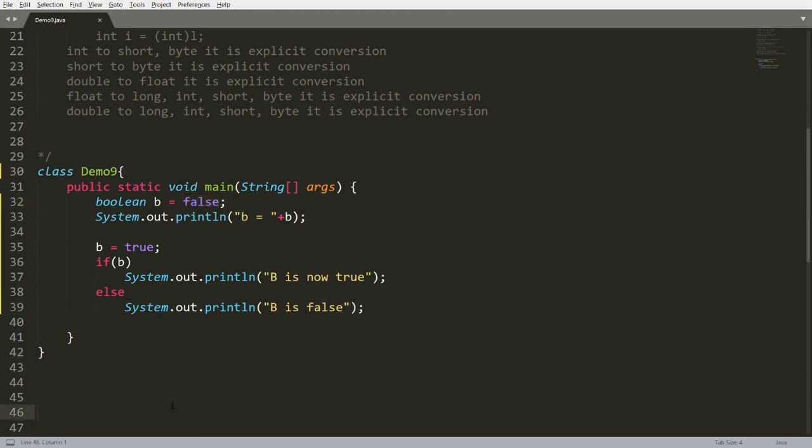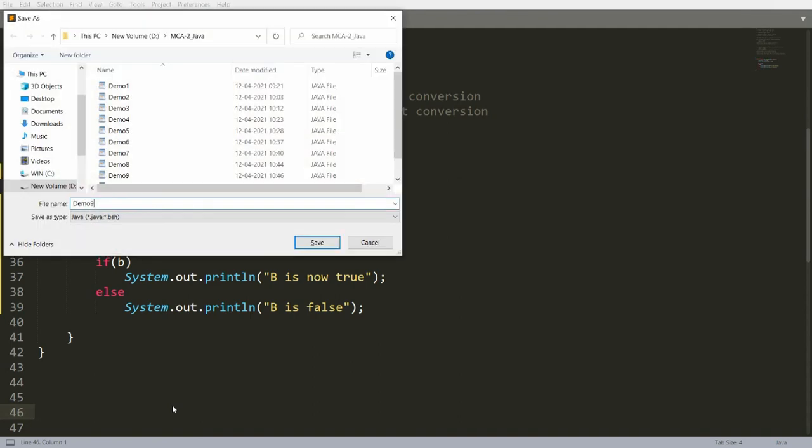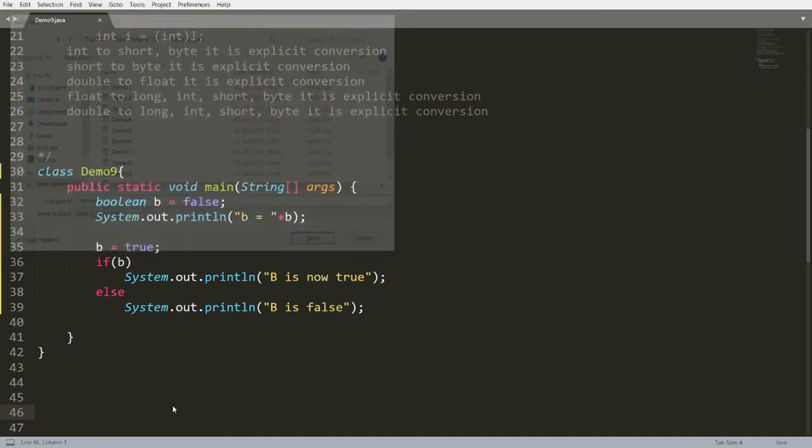Not only this, whenever I declare any data type, it should automatically get the data type. Is this possible over here? This happens in Python. Is this possible in Java? Yes, it is possible. Please see carefully.